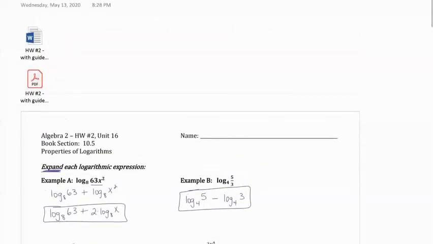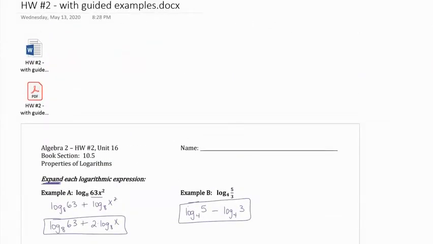Work on these. Let me know if you have questions. We will do some review next week, and then your test will be over all of this stuff, plus all of the inverse function and the basic log stuff that we did on homework and notes